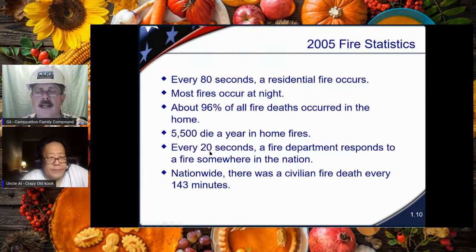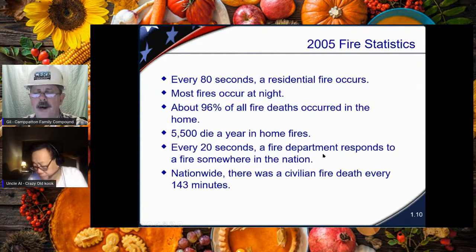Then here's an interesting point. I'm going to do a comparison here, guys. Every 20 seconds, a fire department is responding to a fire somewhere in the nation. So every 20 seconds, they're responding to some sort of fire. But every 80 seconds, one of those fires is a residential. So that means that